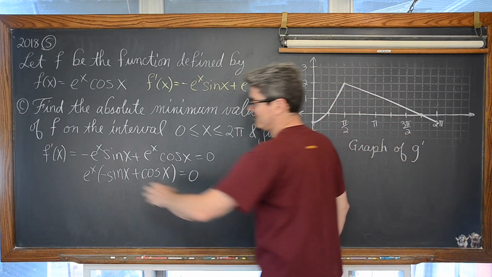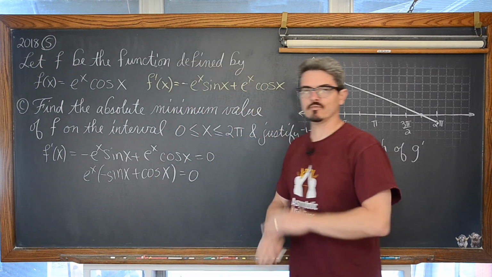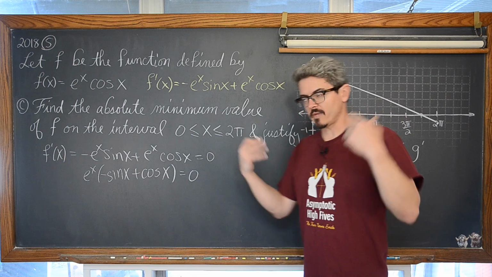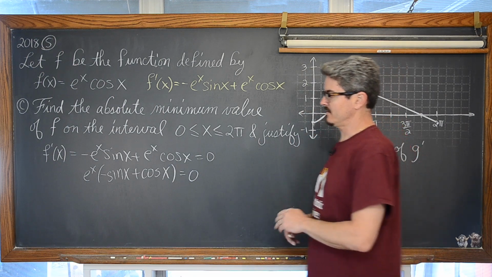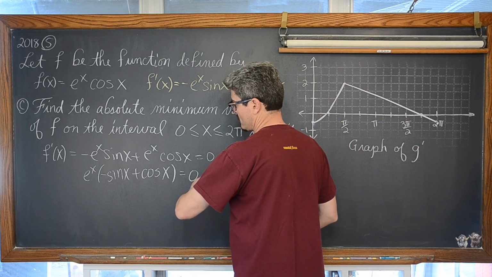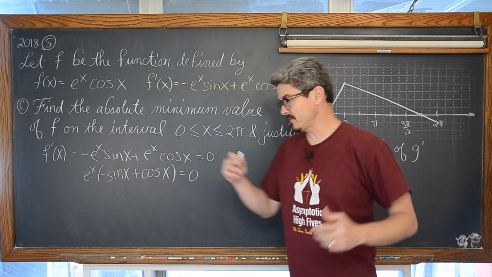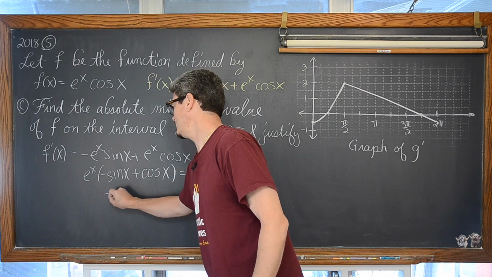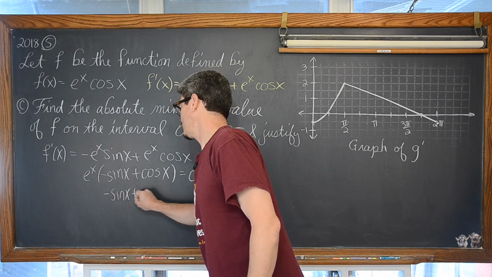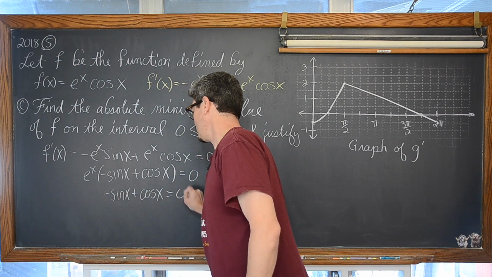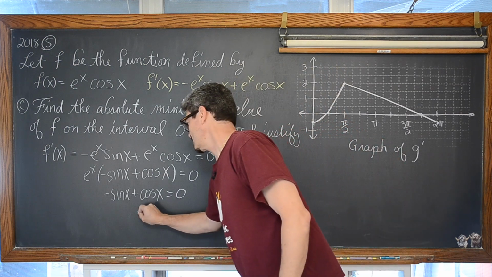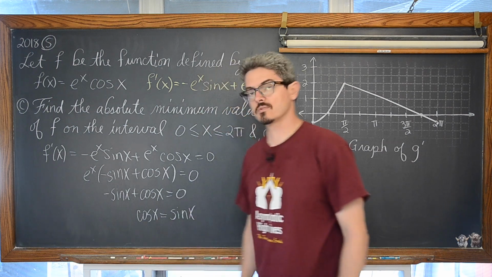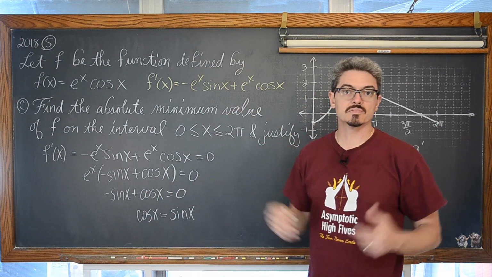Now we have e to the x as a factor. Well, forget that. E to the x is never going to be equal to 0. It's an exponential function, and it's, by the way, exponential growth. And the x-axis, or the line y equals 0, is acting as a horizontal asymptote there, so that's not going to be considered. But we can look at where is the negative sine of x plus cosine of x equal to 0, or where is the cosine of x equal to the sine of x, so that when you subtract them, you get answers of, well, 0.